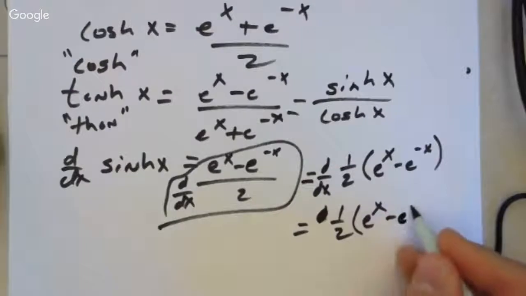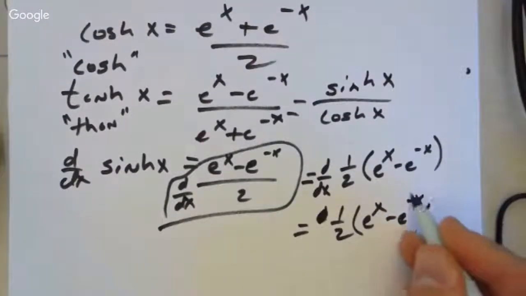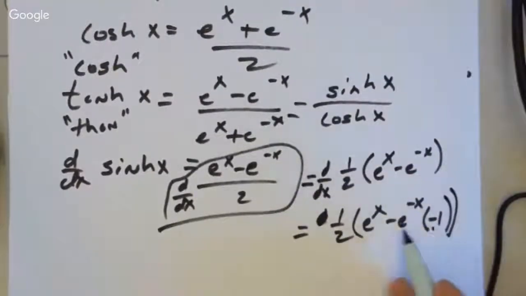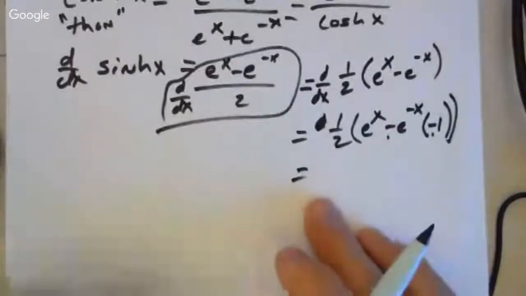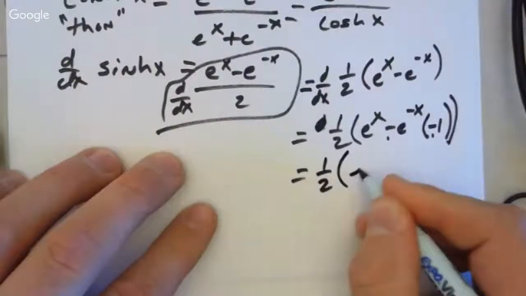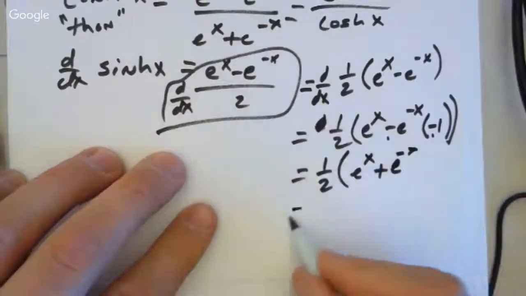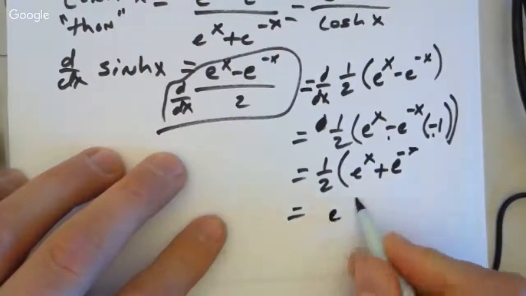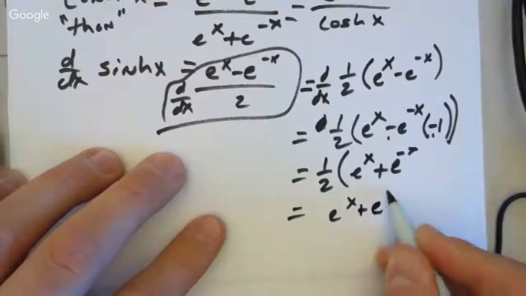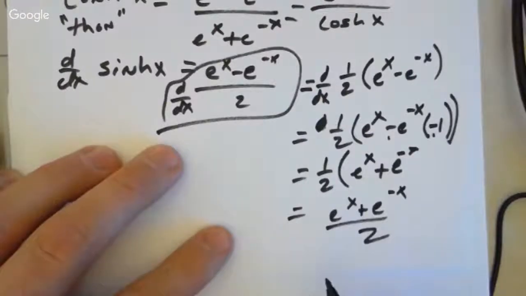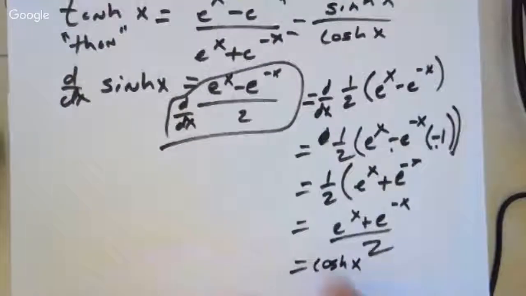So what's the derivative of e to the negative x? It is e to the negative x multiplied by the derivative of that, which is -1. Okay, what do I do with that -1? Multiply by that to make that positive, right? So that's e to the x plus e to the negative x, all over 2, which is also known as, that's sinh. Cosh. Now, is it negative? No, that's just cosh.